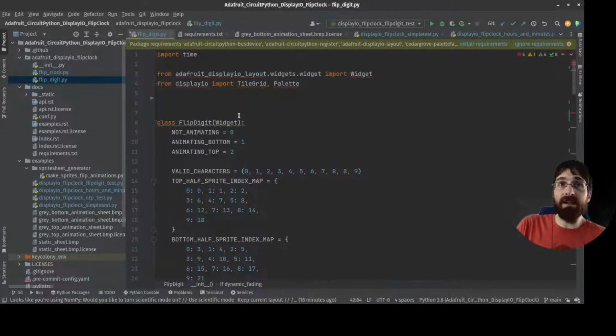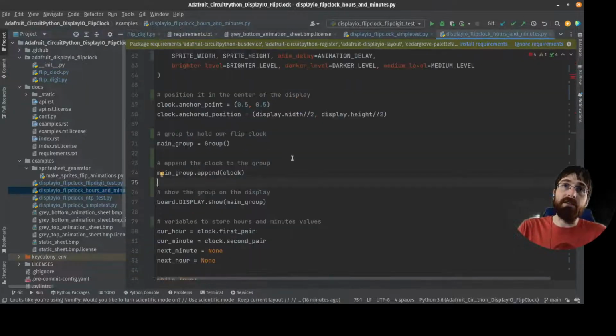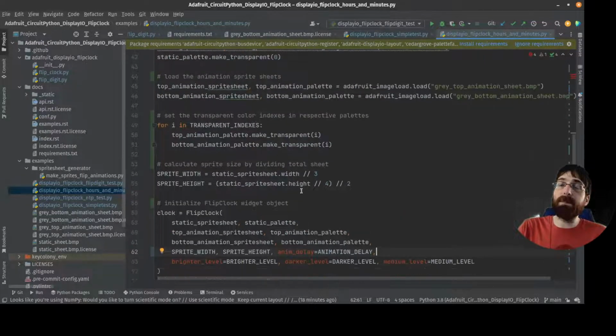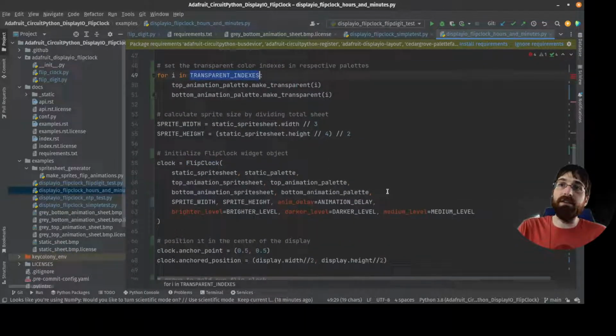Basically what I'm doing tonight is trying to clean up and document the two widgets that we created, FlipDigit and FlipClock. Right now, they exist, they've been tested, there's examples. And what I've actually done so far on this project today, at least, is added comments to the examples, and then I actually made one other functional change, which was removing the transparent indexes from being an argument that you pass to the widget. It used to be these transparent indexes, we would pass them to the widget init function,